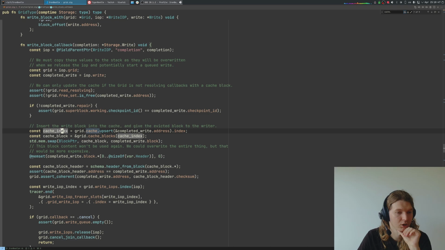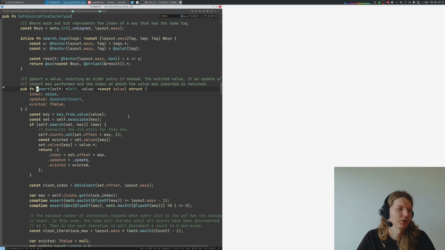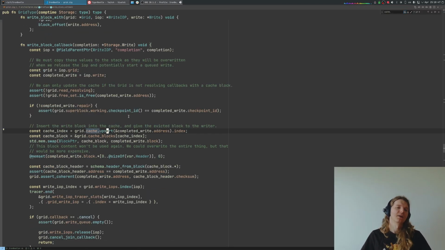So for us, okay, why aren't we looking at the evicted value here? I guess this doesn't really matter, because, well, if we have